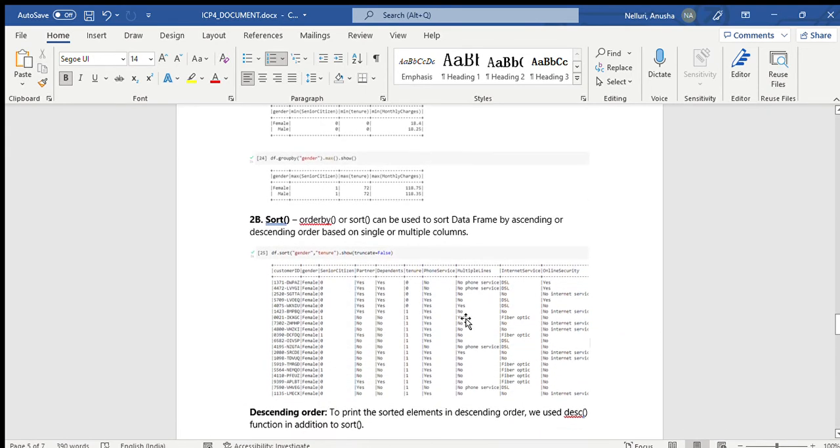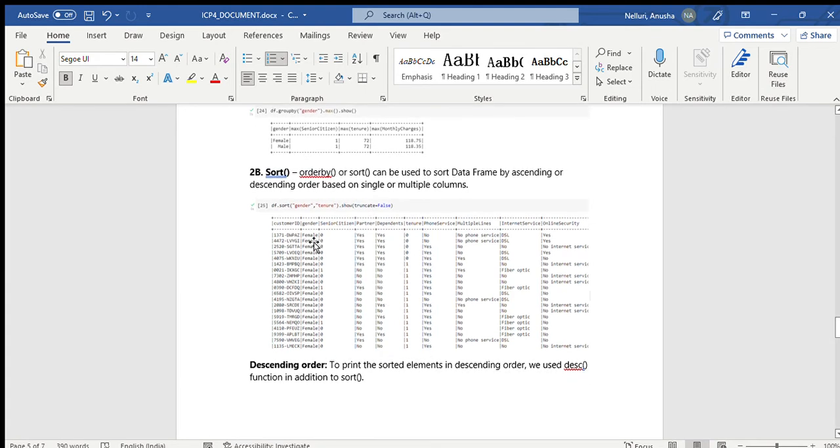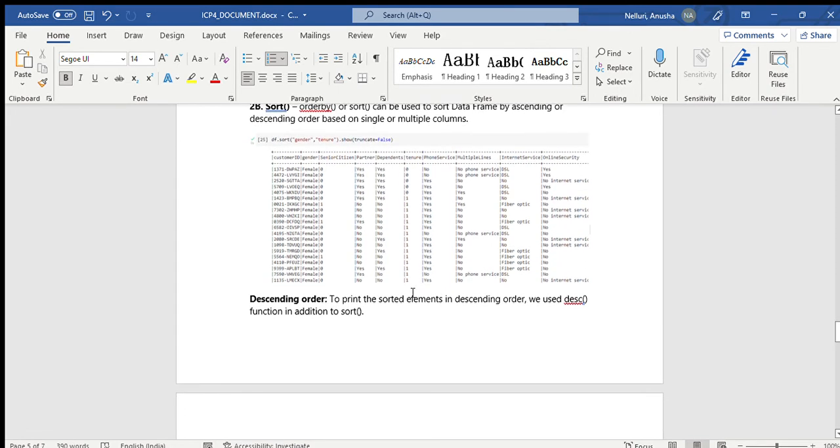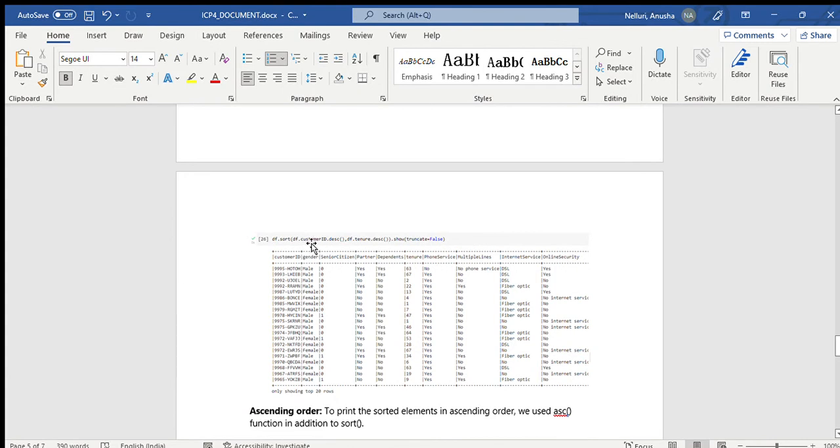And the next transformation is sort. This is used to sort a data frame in ascending or descending order based on single or multiple columns. You can see the first one is we sorted the gender and tenure columns. You can see here the output of gender and tenure based sorting, and in order to show them in descending order, we can use the DESC function in addition to sort. So here we have sorted customer ID and tenure, you can see in the descending order,